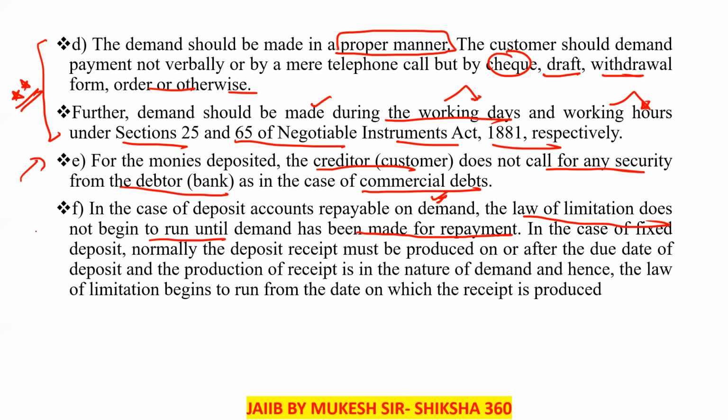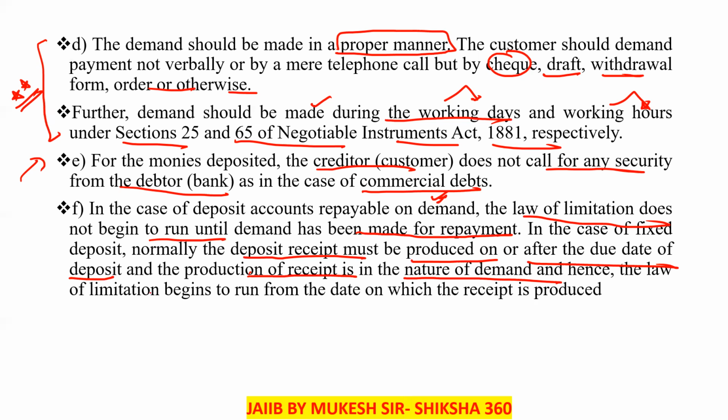In the case of a fixed deposit, normally the deposit receipt must be produced on or after the due date of the deposit, and the production of the receipt is in the nature of the demand, and hence the law of limitation